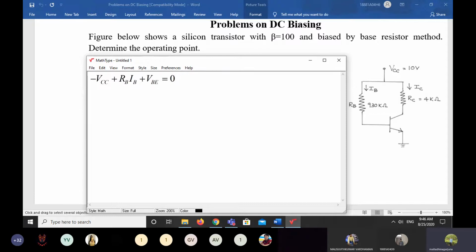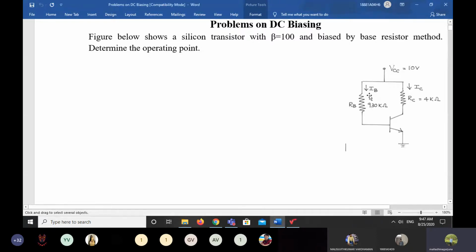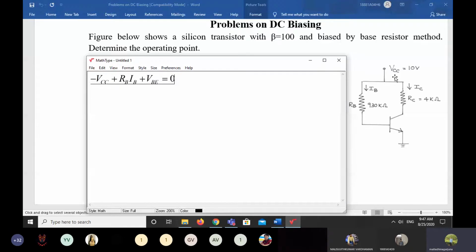In this case this is an NPN transistor, as you can see from the arrow mark here. Suppose we take a PNP transistor. For a PNP transistor, both the base current and the collector current leave the transistor, because the arrow mark for the emitter enters the transistor but the remaining two leave it. So the current directions are upward, and the VCC will be a negative voltage for a PNP transistor. For a PNP transistor the supply voltage is negative; for an NPN transistor the supply voltage is positive.